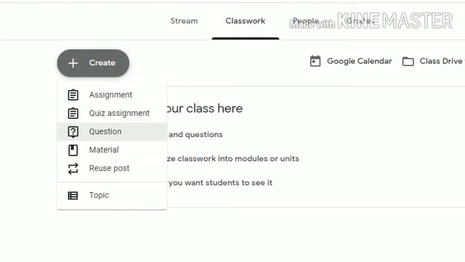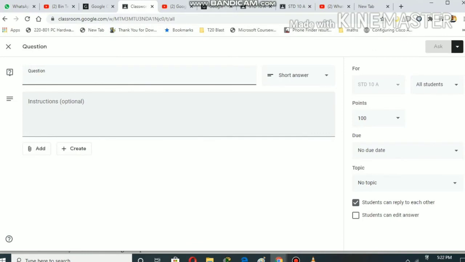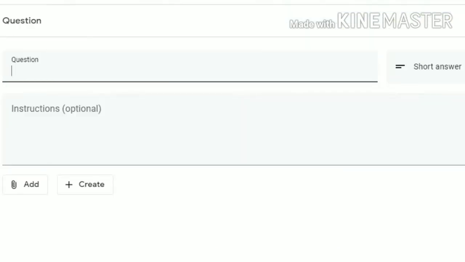So let's try the options. Here I am using question paper, and I will get an interface like this.